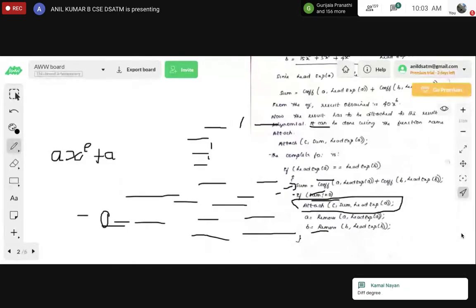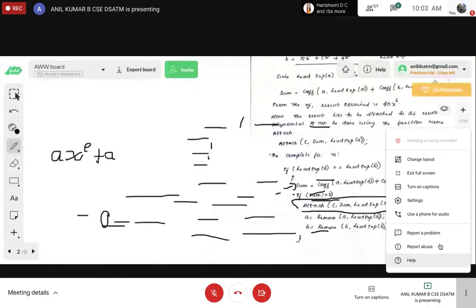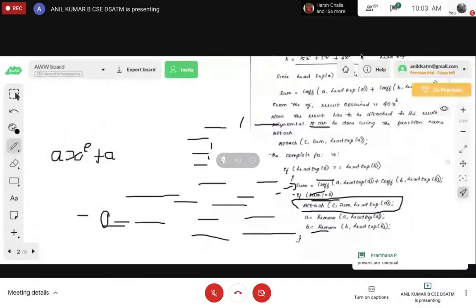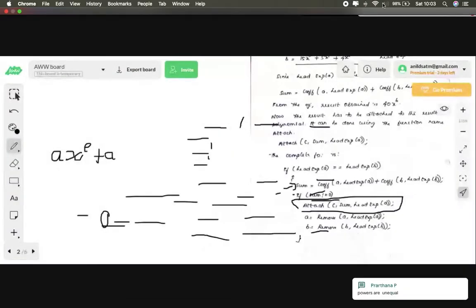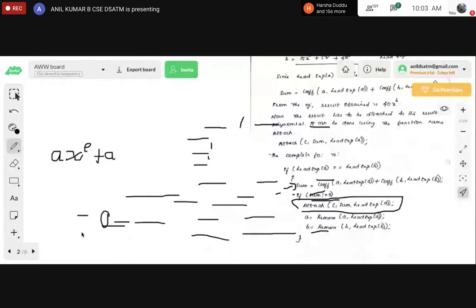What is the condition I mentioned there? The powers of the two terms to be added are equal. What is the condition there? That is when the lead exponents of A and B are not equal. Yes, that's the powers of terms. When the degree is different, at that time you cannot perform the attachment operation. If you have cleared this part, then we can go with one more case.